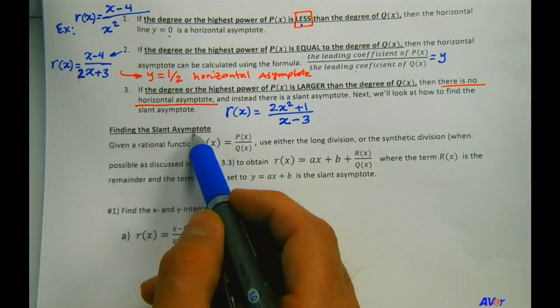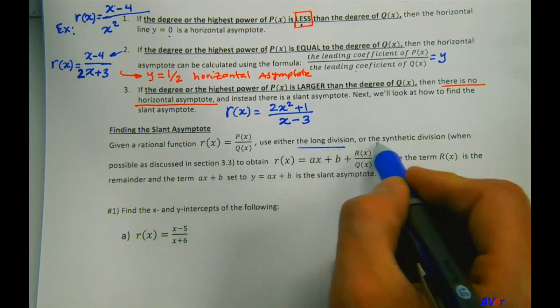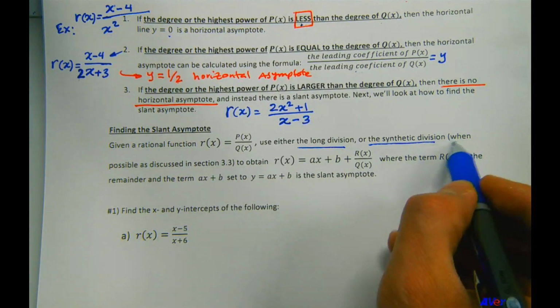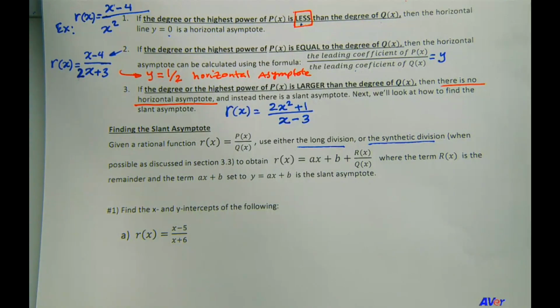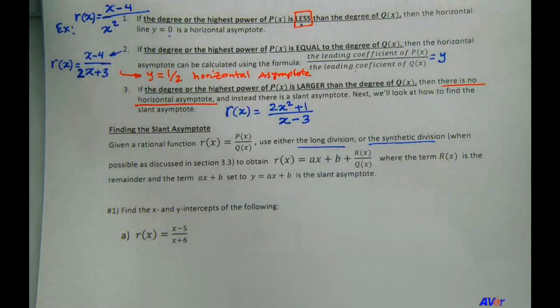So finding the slant asymptote, given a rational function, use either the long division or the synthetic division when possible, right? We know that synthetic division has limitations because when the x term in the divisor has a coefficient other than positive 1, like 2x, 3x, and so on, we cannot use the synthetic division. We must use the long division. But if x has a positive 1 coefficient like that in the divisor, then we can use the synthetic division too, as well as the long division. Okay, so